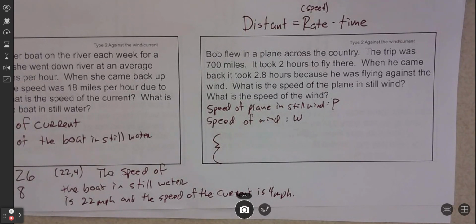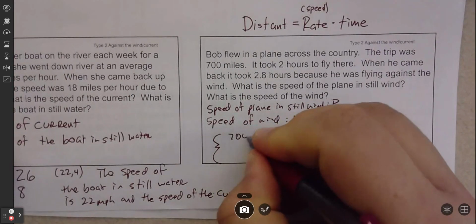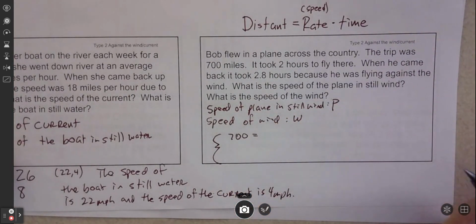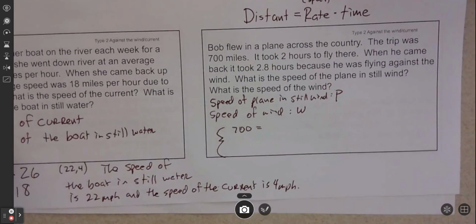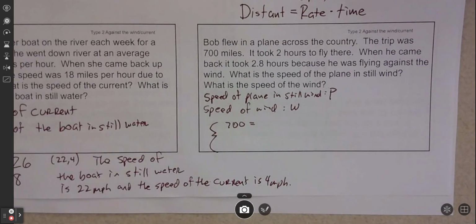Can someone give me one equation? Yeah, I'm just going to guess, would it be 700 equals 2x plus 2.8y? It is not. Let's talk about the first trip. 700